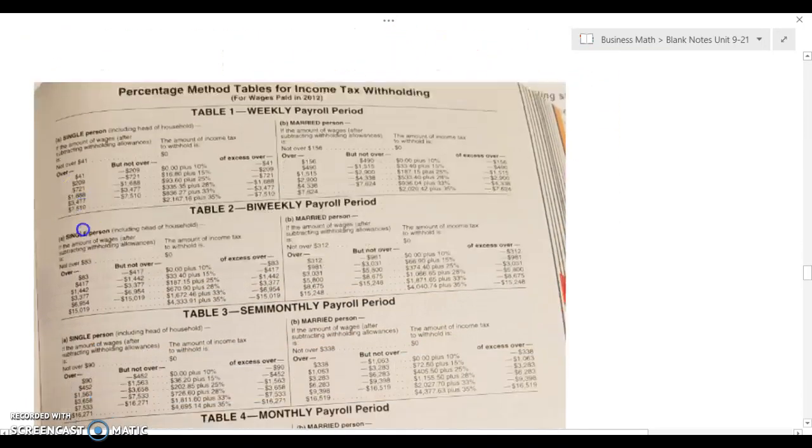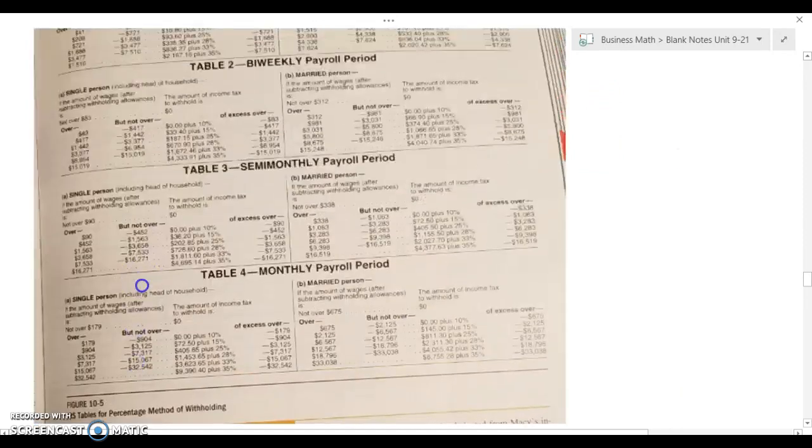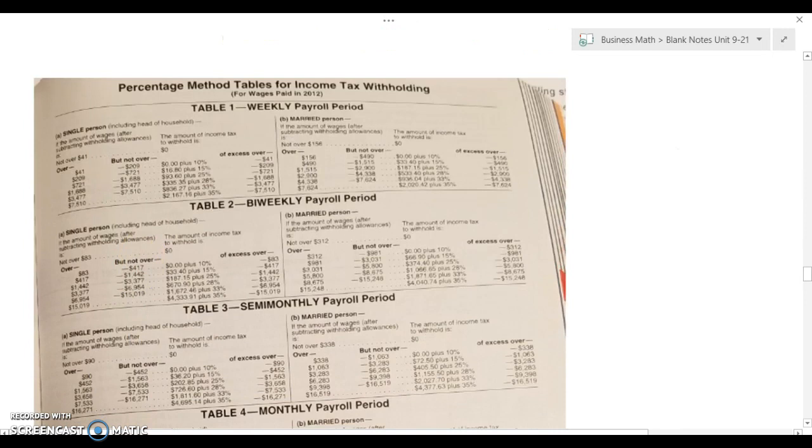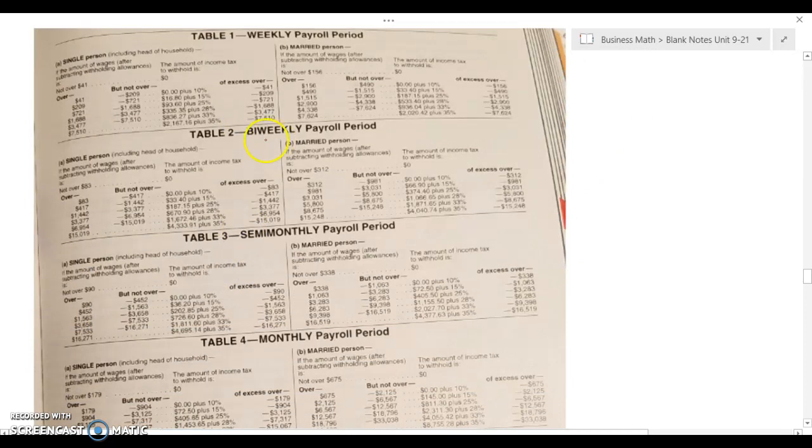Now, to find, for example, 5, find the federal withholding tax for Macy. We will use this figure. This figure is 10.5. So how do we use this table? If we look at the table, she is paid, if we scroll back up, bi-weekly. So we're going to focus on bi-weekly. She is also, is she single? Is she married? She's single. So we're looking at bi-weekly single. So I'm right here. Bi-weekly single. She makes